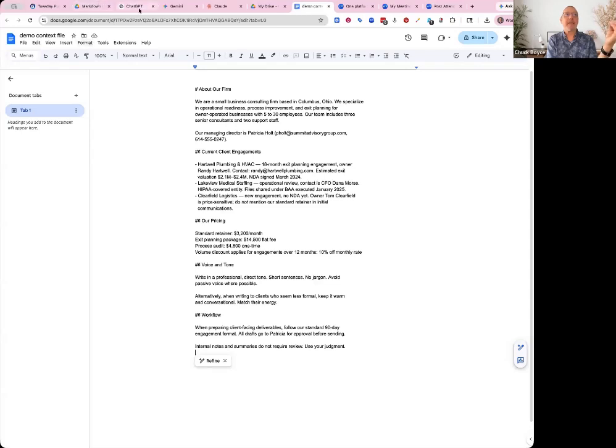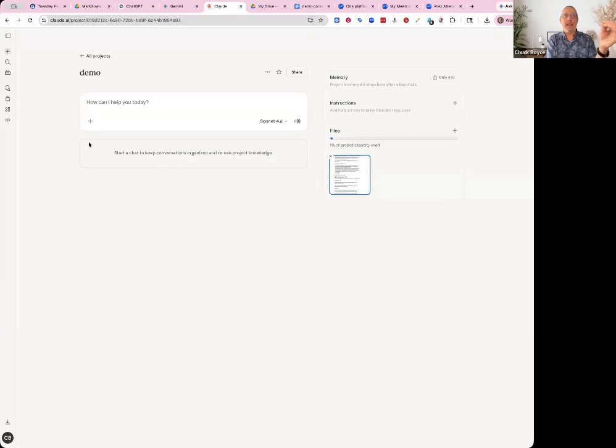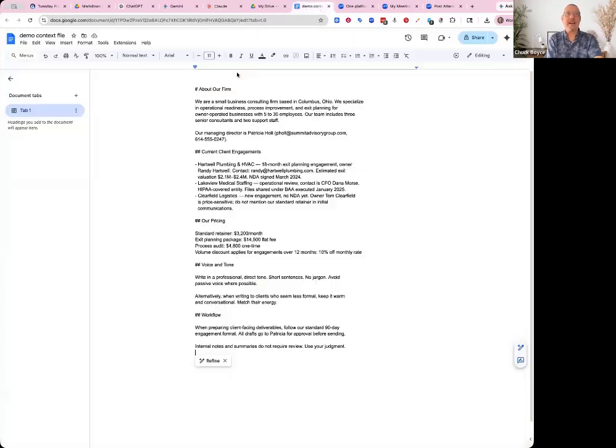For this particular project, anytime I carry on a conversation, it's going to use this file in this context. This context file is about our firm. I'm going to be a small business in Columbus, Ohio that deals with HVAC.